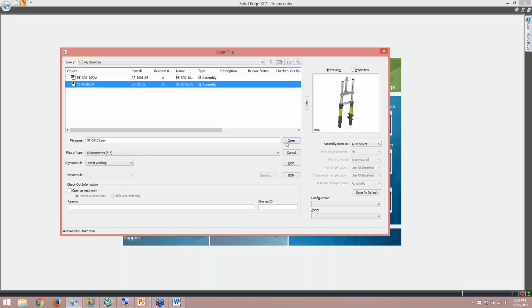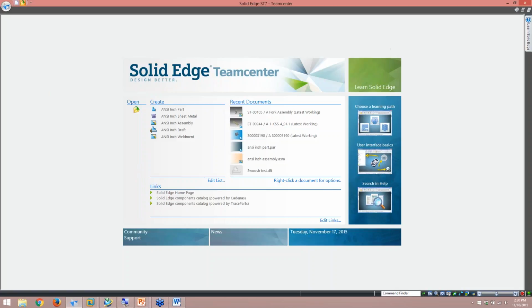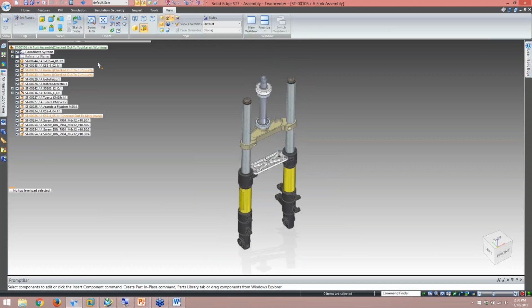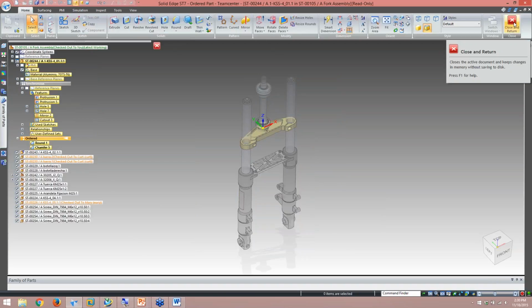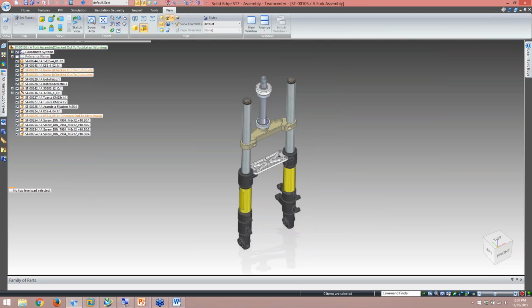From the actual interface or using the integration portion, I can see that I can check out files. I can see who else has the other data sets checked out. I can open up and edit files from here as well. I can also see that I get instant feedback from the database. The other instant feedback tells me whether the item has been released or not. I can revise directly from here as well.